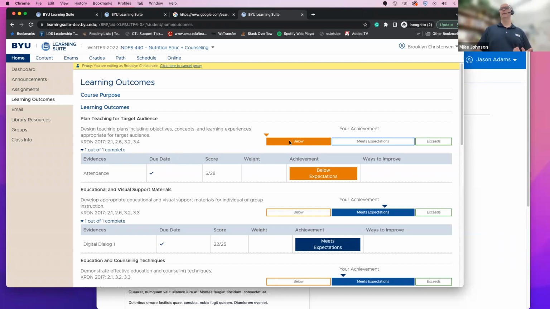But if it were other assessments, then you could give some direction to students and say, at the end of this course, you're struggling in this particular area with this particular outcome, and